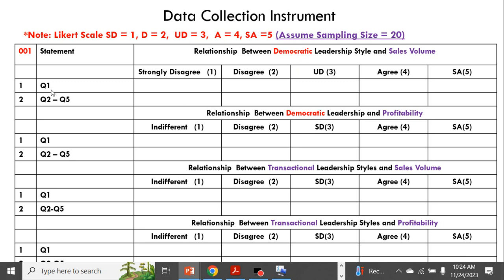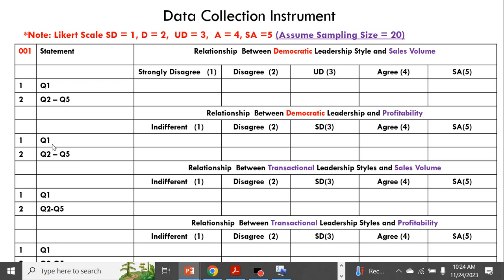So here, questions will be placed, that is question 1, question 2 up to question 5. Then respondents will be allowed to make their responses based on the Likert scale that we have specified.